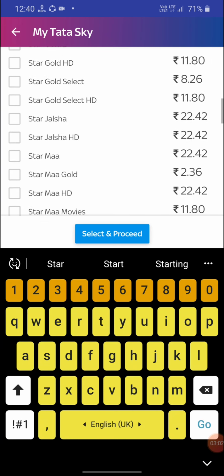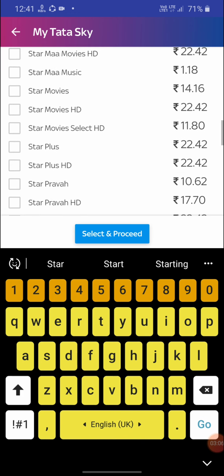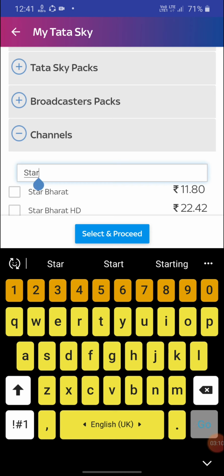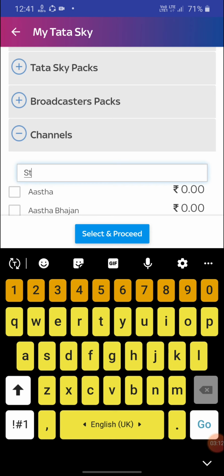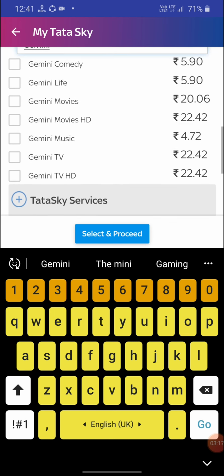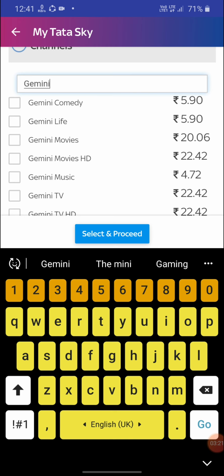These are Hindi ones. If you want, you can see Star Maa Gold and Star Maa HD, so you can select all the channels. Then again, Gemini: you can see Gemini Movies and Gemini HD. You can opt for HD or TV, anything.